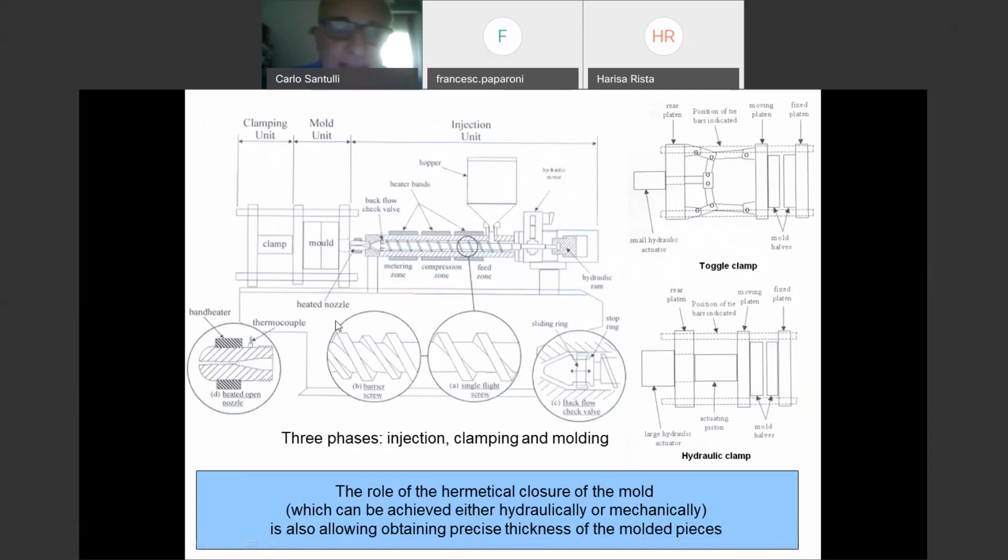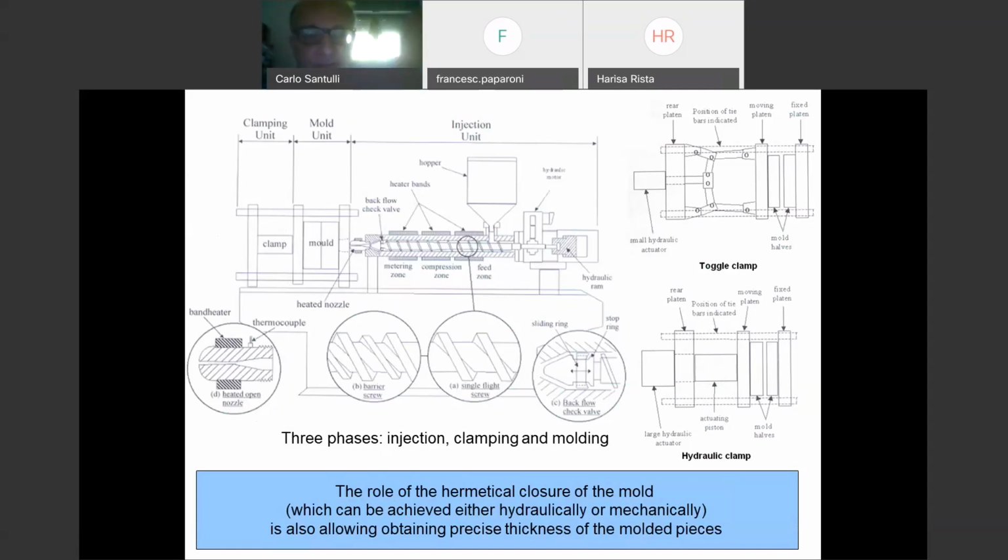We are almost at the end, and I would like to say that here we have the three phases of this injection screw, and basically what is important is the clamping. You have three situations. In practical terms, you have this sort of funnel from which you put your granules, your pellets, and they